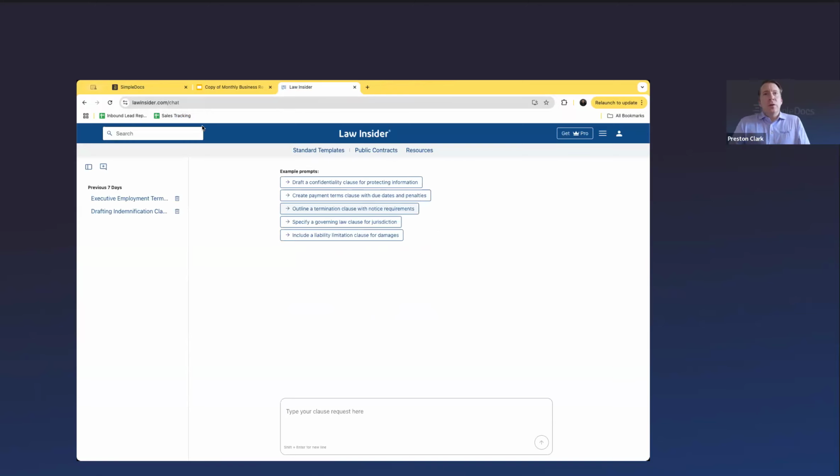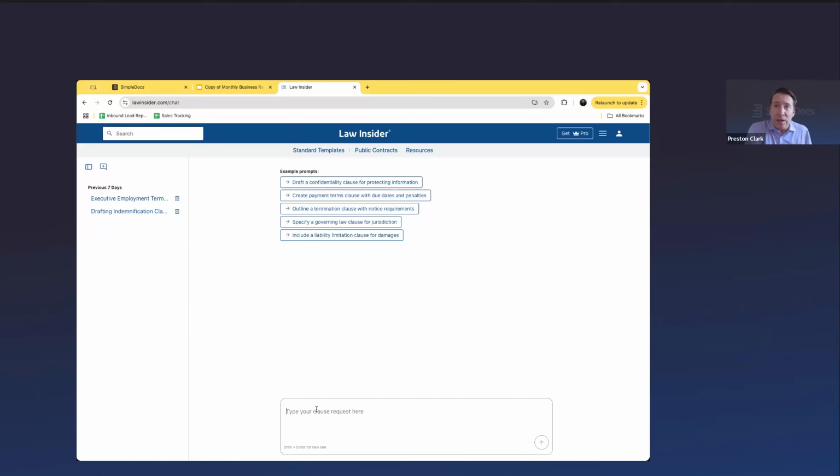Okay. If you have Law Insider, you can go to lawinsider.com/chat. This is in beta. This is super beta, like, don't tell your friends about it yet. But you will see where we are headed with this combination of LLMs, specifically OpenAI, and Law Insider. This same experience is going to exist inside the Simple AI chat. So if you're like, wait a minute, Preston, I've totally lost you, I'm showing you now a web browser experience where you can generate clauses.